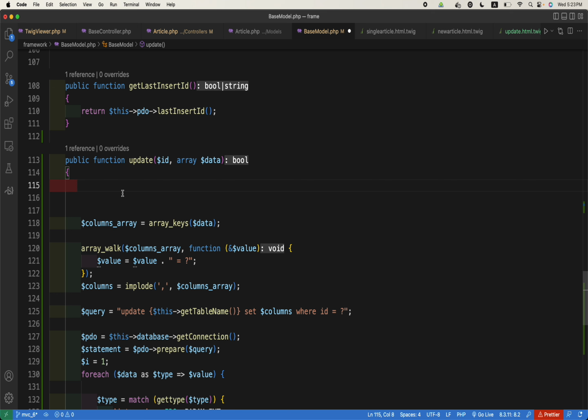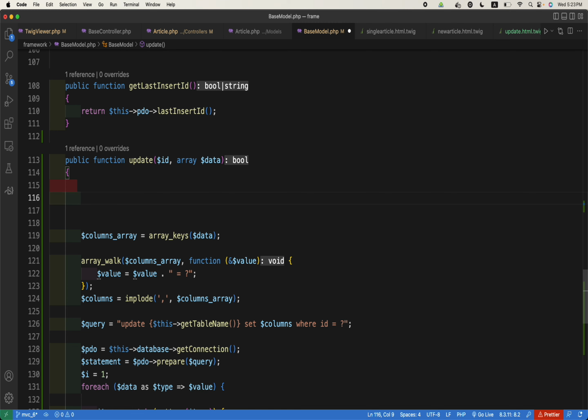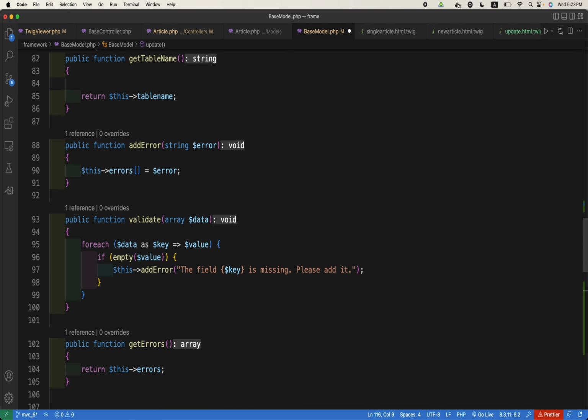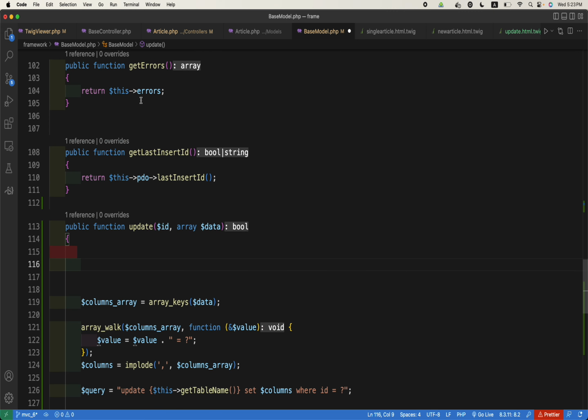First things first, if there are errors, for example, both the title and description are empty, what should we do? Shabas, we already have a validate method here. We have to call the validate function. Yeah, so initially, once we arrive at the update method, we should call the validate method and pass it the data, right? Yes, sir. This dot validate data, and then